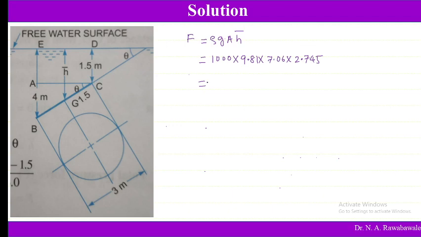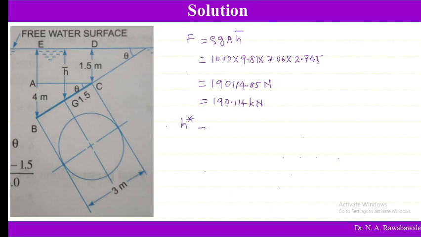So this is 1,90,114.85 Newton, or this can be written as 190.114 kilonewton is the force. Then H star,